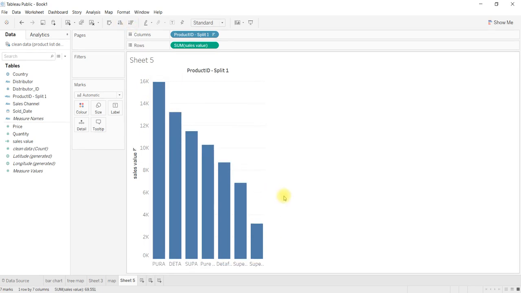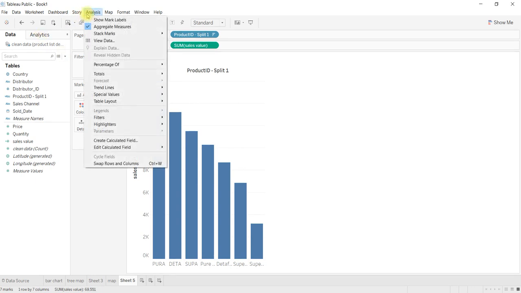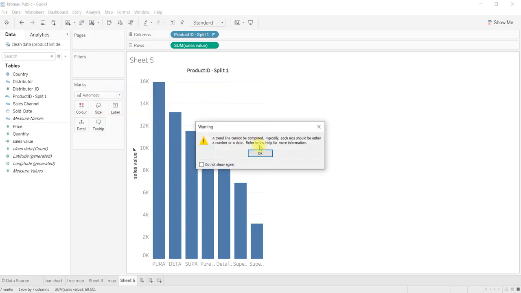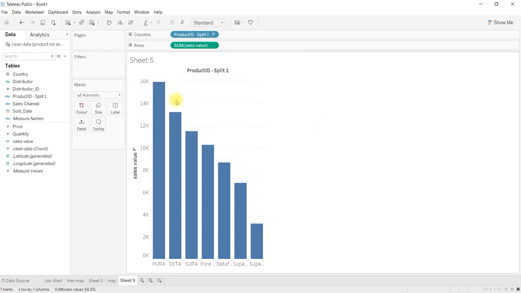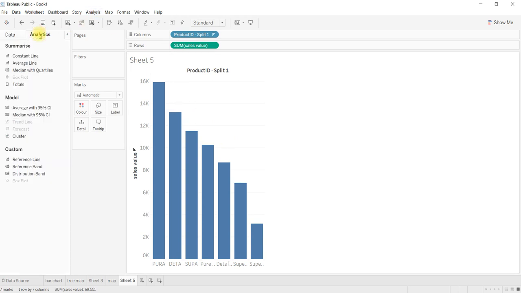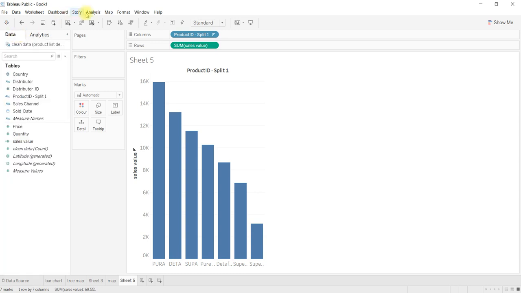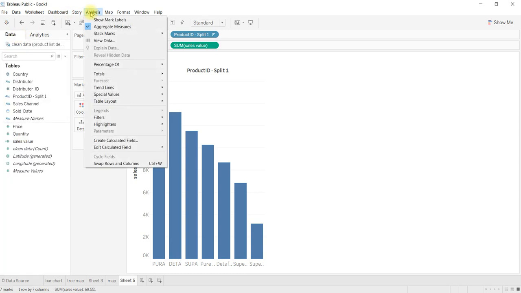Then for example you can use the analytics here. In analysis you can check the trend line also. If a trend line is applicable, it will apply the trend line, but if the selected data is not applicable for the trend line, then you can come back here to analytics. You can draw a constant line, or show an average line. If it is applicable, then only it will be applied here. Otherwise it will not be able to apply that particular tool.